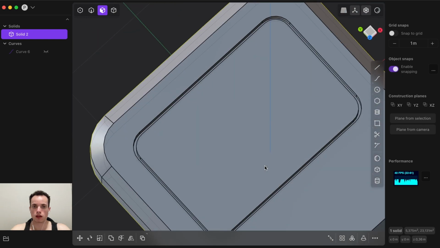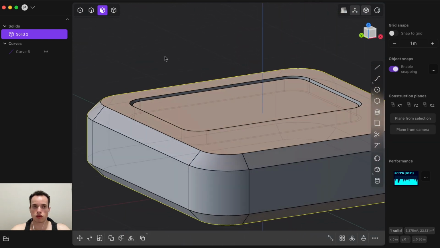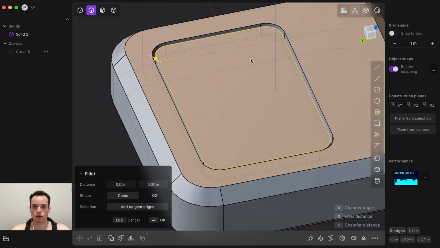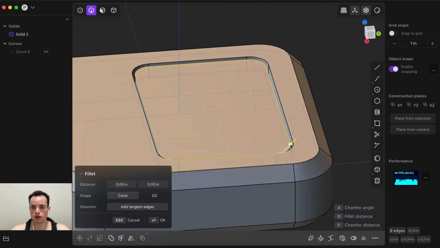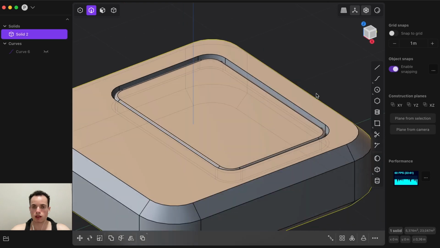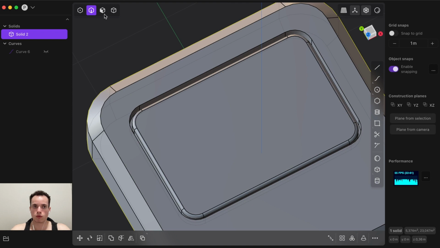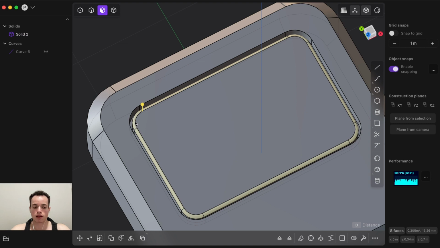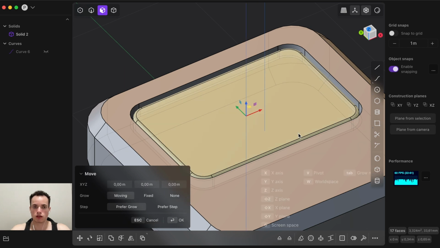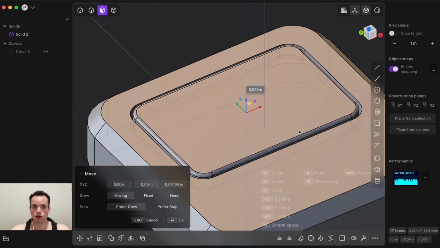So we have this, and then we want to round all of these edges, so we can do numpad 2 to go on the edges here. Do Alt click to get all around, and then get this, click and then drag, and yes, on this side make a little round corners here, right click. And what we can do, click on faces here, Alt click, Shift Alt click, or Shift click, GZ. I want to put it a little up like this,